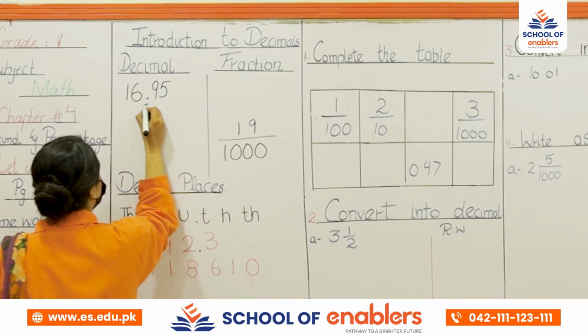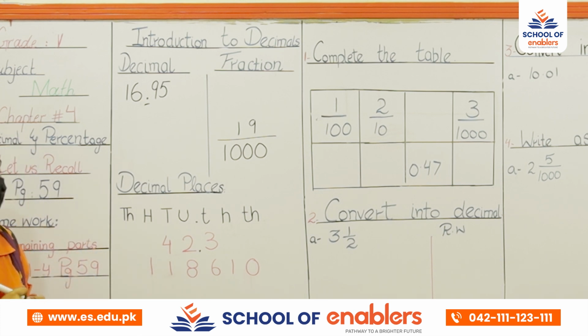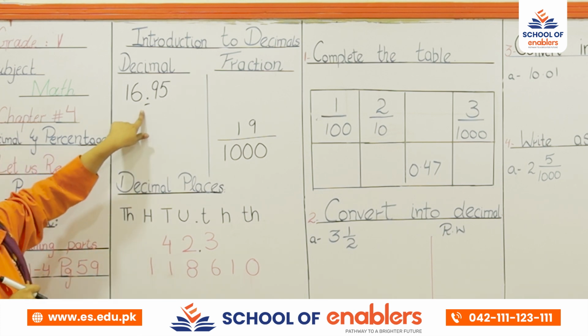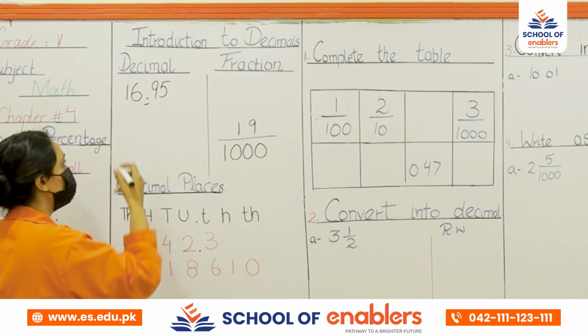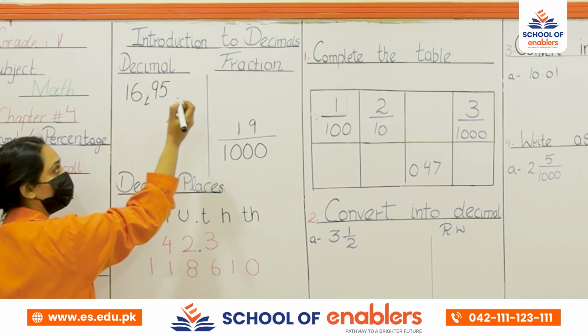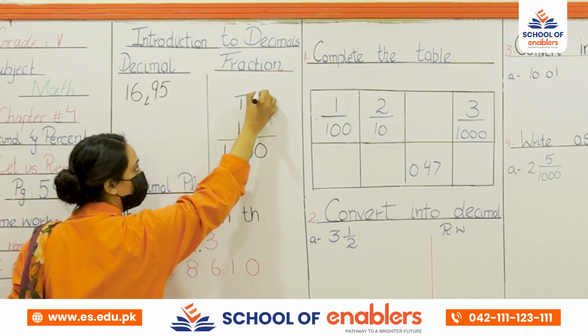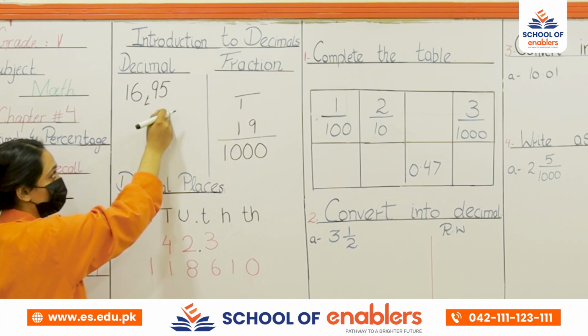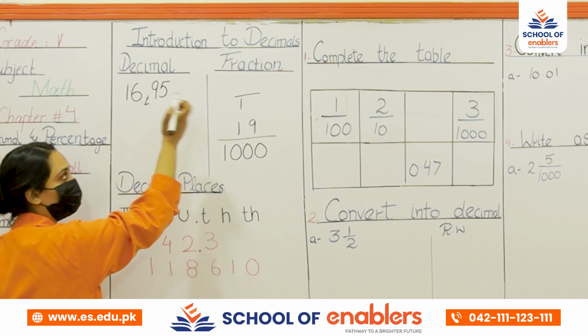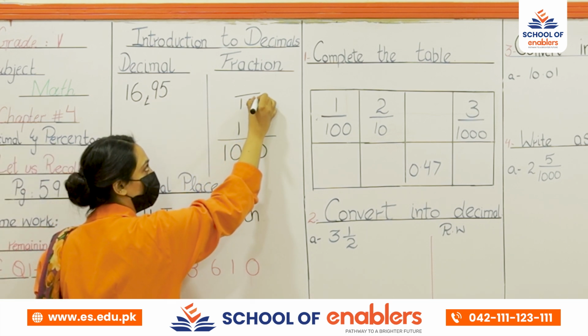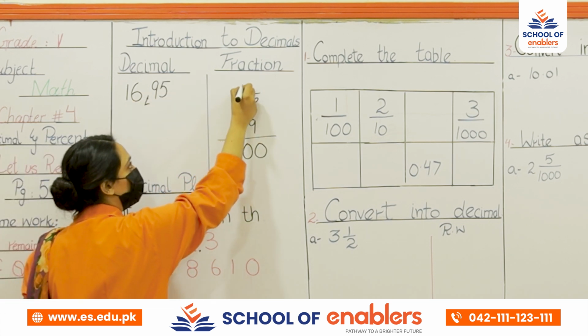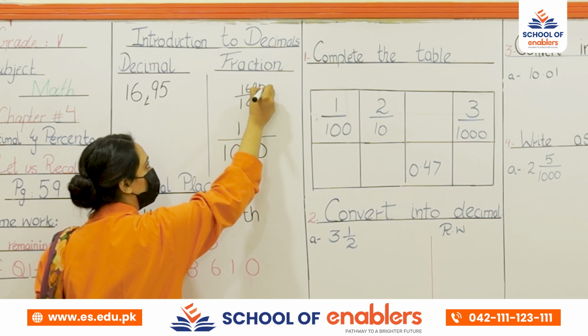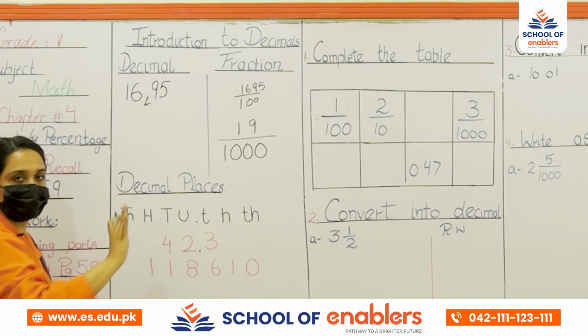This point is known as a decimal number. Okay? To convert this decimal into a fraction, when we remove this sign, it gives us 1 in the denominator. And after the decimal sign, for as many digits as we have, we have to put 0 instead of them, and we have to write the number as it is without this point, which is known as the decimal.